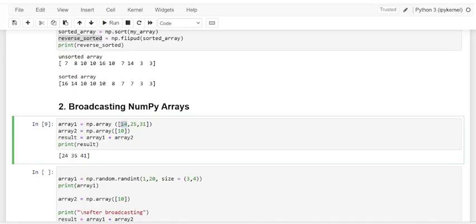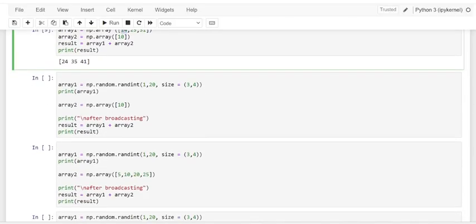And of course, let me just see one more example of broadcasting. Kindly see here, dear friends, you can add a 2-dimensional array with 3 rows and 4 columns to a scalar array with 1 item. And of course, here we go. This is an array of size 3 into 4, and here we are going to name it as array 1. And the same, array 2, we are going to have it as 10.